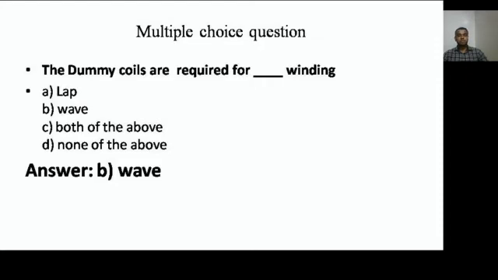These dummy coils give balance for the rotor in order to induce the EMF. But as the name itself indicates, with a dummy coil there will be no current or voltage induced in the coils. It won't carry current. It is completely insulated from the armature slots as well as the other armature conductors. Hence the name dummy coil. It is always used in wave winding.